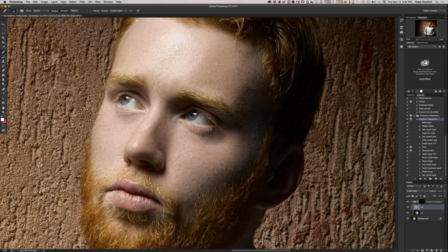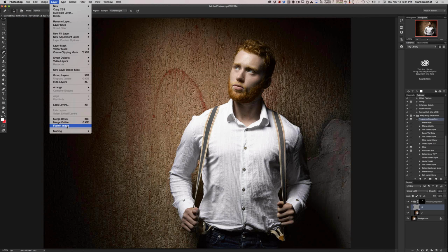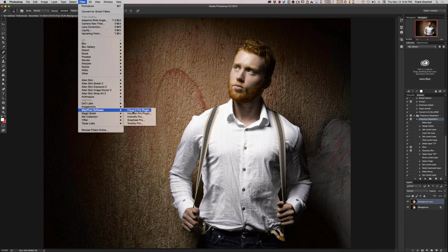And some people say this is wrong, and I don't blame them because it is wrong, but it's the way I work. I will now flatten my image. Now what I will do is I smoothen them a little bit too much because I know my next step is to give it a little bit of pop. I create a new background layer, and I go into filter, and a filter that I absolutely love, Intensify Pro